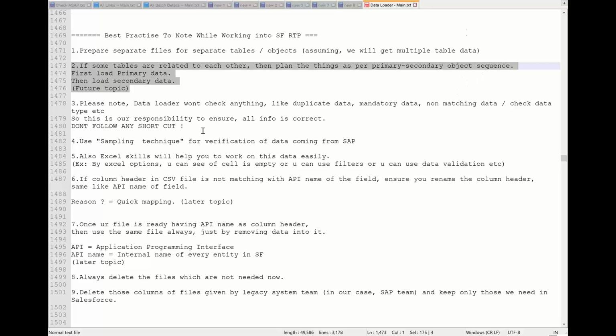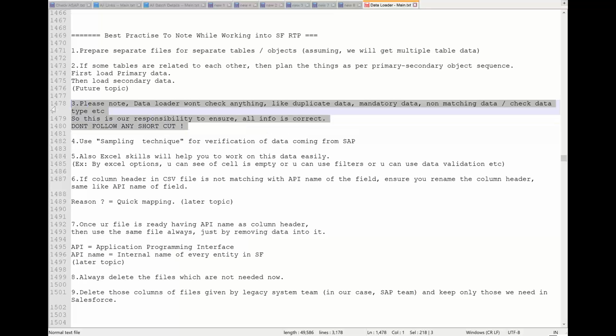Next, please note data loader won't check anything like duplicate data, mandatory data, non-matching data, data type, etc. It will not find out the duplicate data. So it is your responsibility to see whether the information is correct or not. That's why don't take any shortcuts. If any duplicate data is there, data loader will not tell you that this is duplicate data, or data loader will not tell you that in the field of age